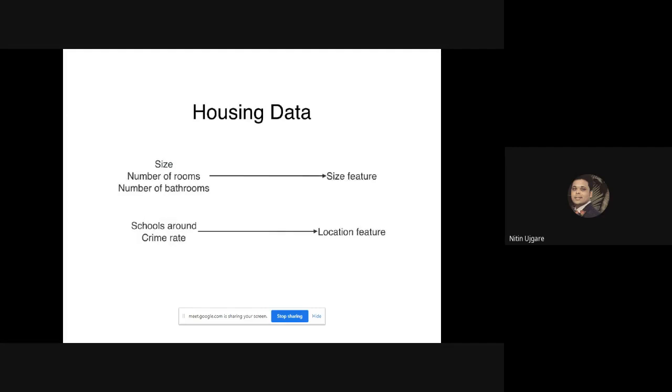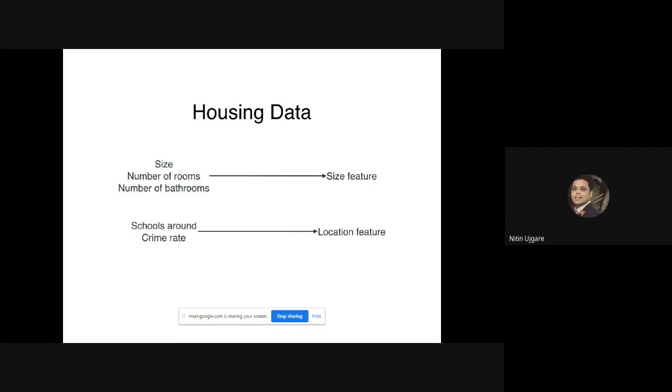What are these 2 features? The first 3 features we can transform into 1 feature, the size of the house, and the last 2 features, the 4th and 5th, we can transform into the location of the house. So we are transforming a high dimensional input instance space to a lower dimensional input instance space. Still, we are not losing the information of the data set. We have retained the original essence of our data set.